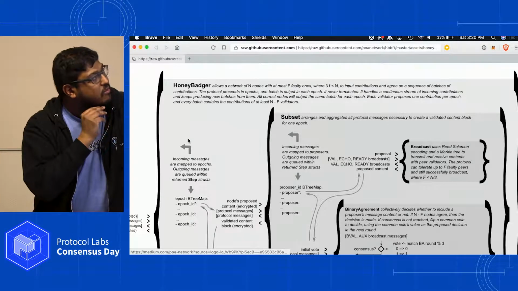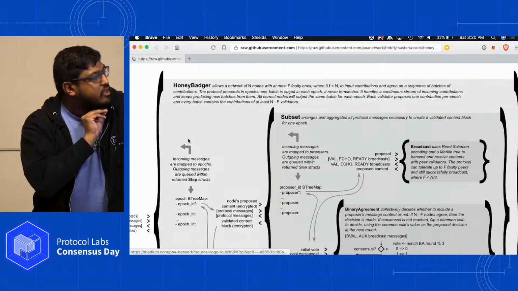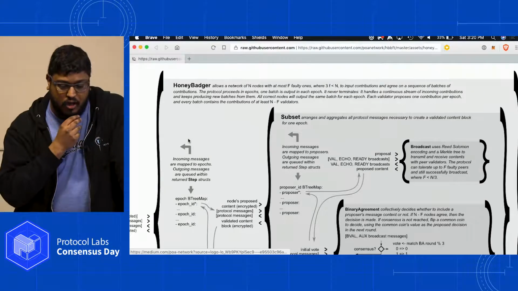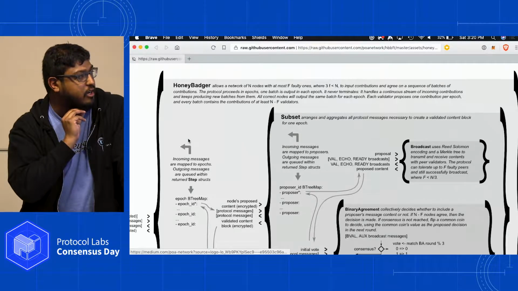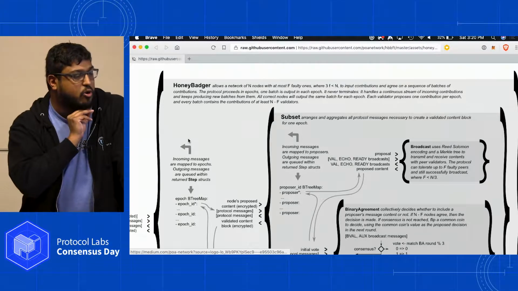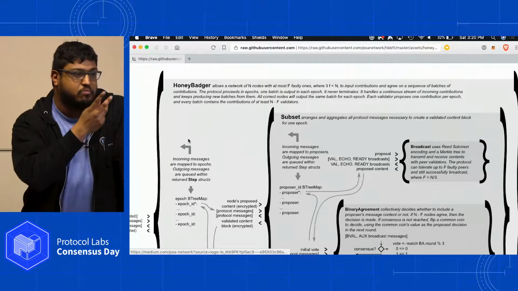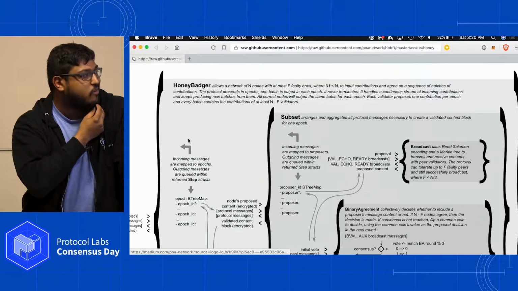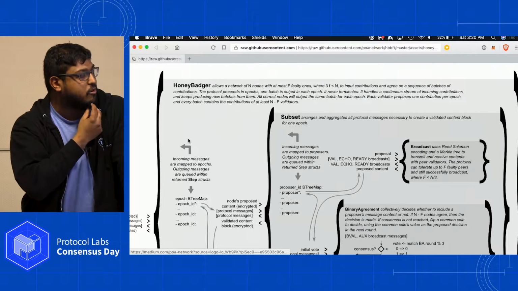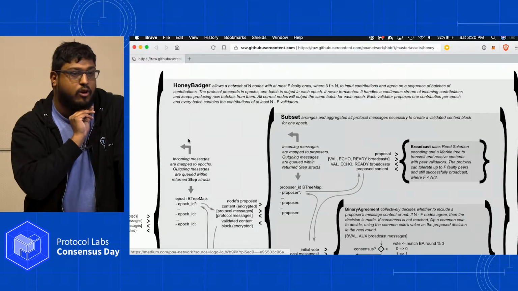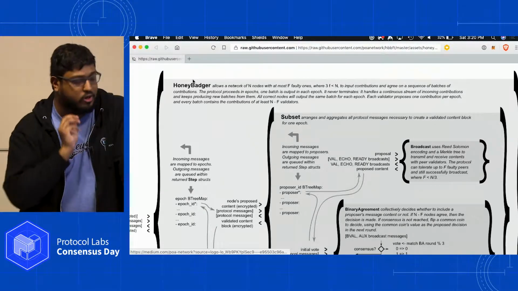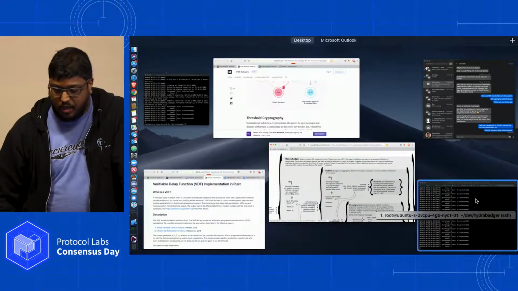You can read over that. But this implementation, the initial Rust implementation, was started by Robert Habermeyer at Parity, and then he went on to do all sorts of other Polkadot work. But this implementation is complete, and I know some people already mentioned some interest. So if you are interested in utilizing HoneyBadger BFT for any of your projects or networks, check out